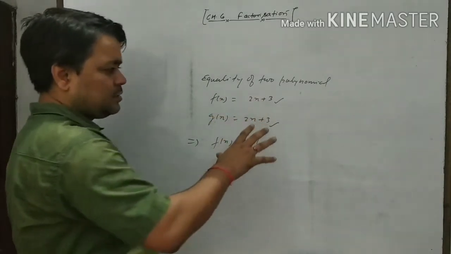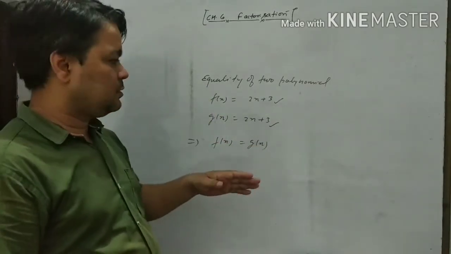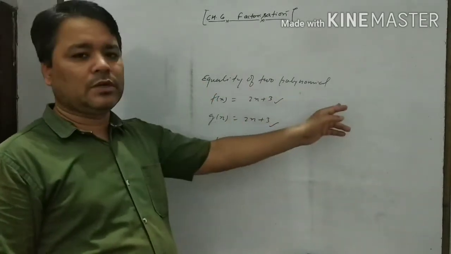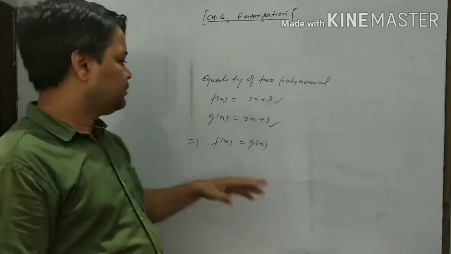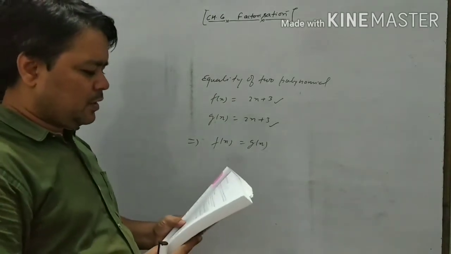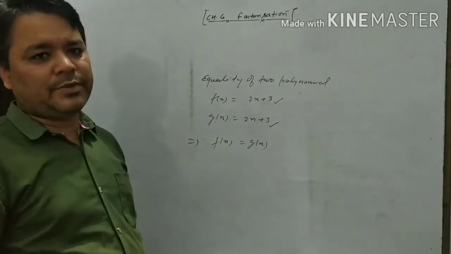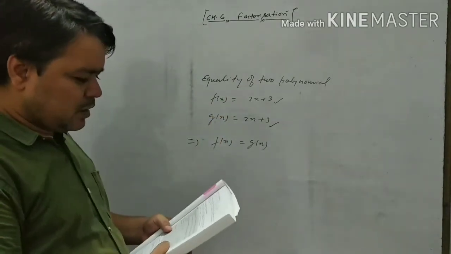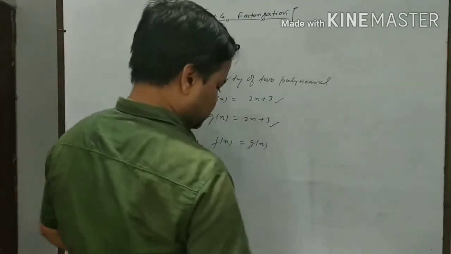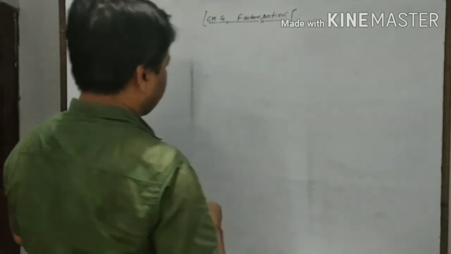If this type of situation we get in other cases also, then that will also be equality of two polynomials, means that the two polynomials will be equal. Here f(x) and g(x) will be equal, means the two polynomials will be equal, if the degree of the first polynomial is equal to the degree of the second polynomial, and the value of this should be equal to this. Symbolically, in a broad concept we can write.